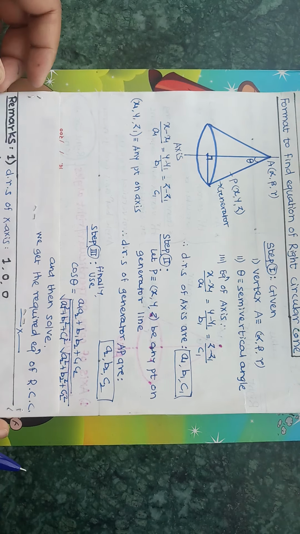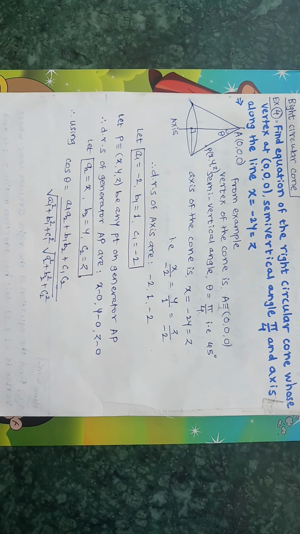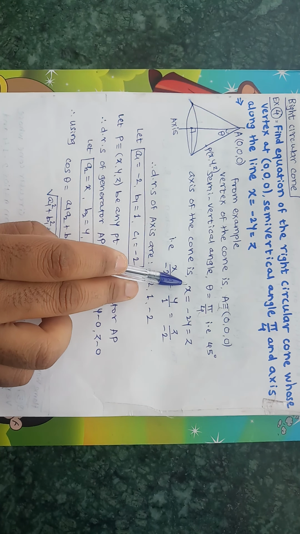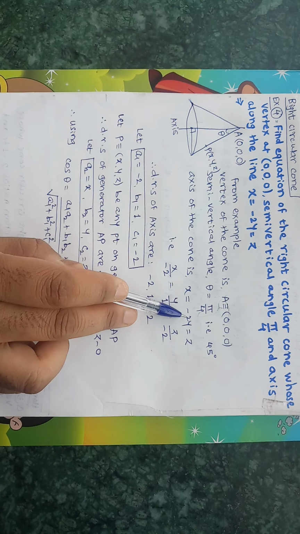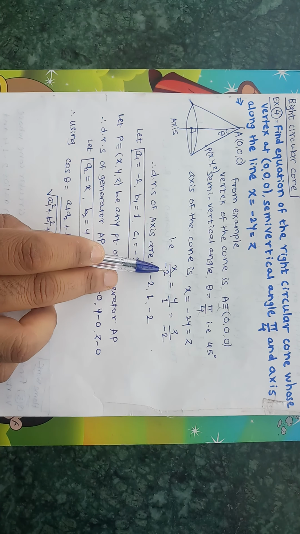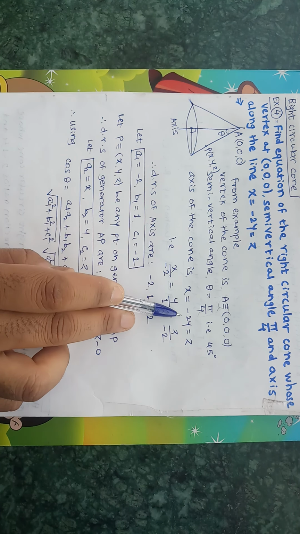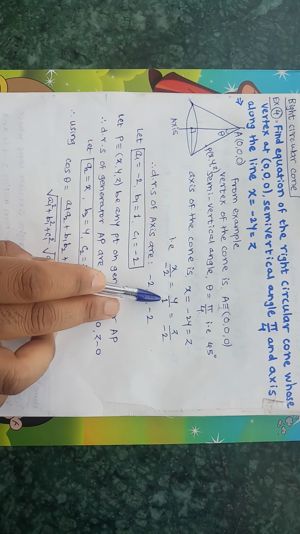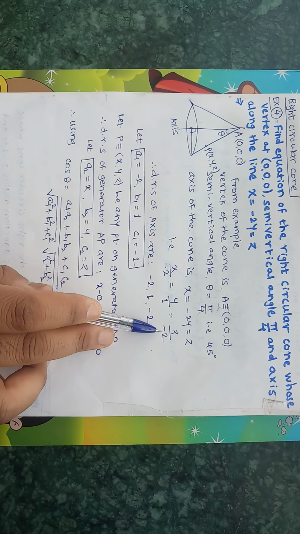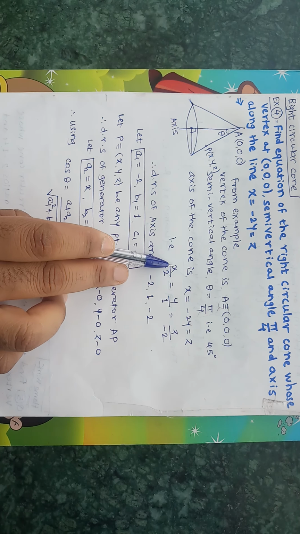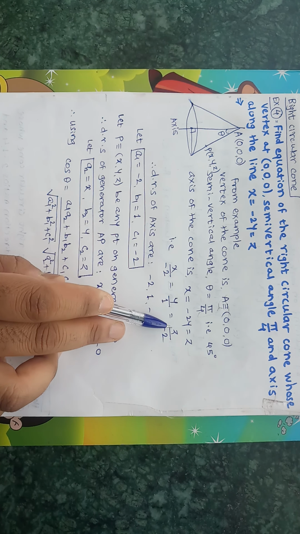But in this given equation of axis, you can see the coefficient of x is 1, that's okay. But what about the coefficient of y? It is minus 2, it should be 1. So we have to divide by minus 2 throughout the equation to get the coefficient of y to 1. Dividing by minus 2, x upon minus 2, minus 2 upon minus 2 gets cancelled, denominator is not present here so it will be 1, and z divided by minus 2 is z upon minus 2. Now check, coefficients of x, y, z are 1.